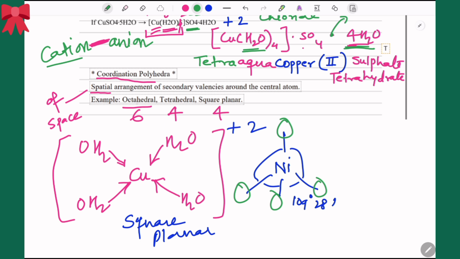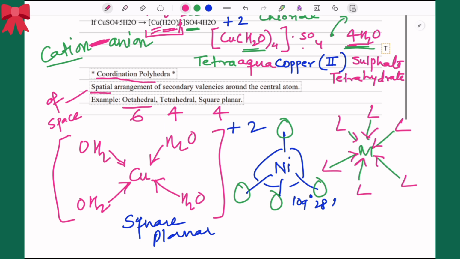Similarly, octahedral will be how it will look like, which we already know. We can just show it like in a general way in the board exam like this. So we can denote the metal by the letter M, and we can denote the ligands or the secondary valencies by the letter L. So this is the way we are going to draw, and of course we will also show the arrow which will be going from the ligands to the central metal atom, because the ligand is the Lewis base and the metal is the Lewis acid. So I'm sure you understood the meaning of coordination polyhedra. It is a plural and the singular will be polyhedron.